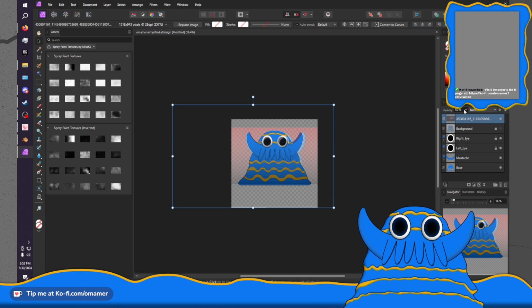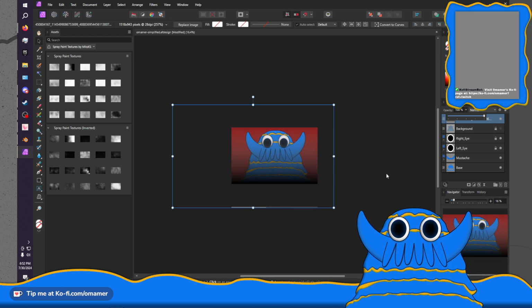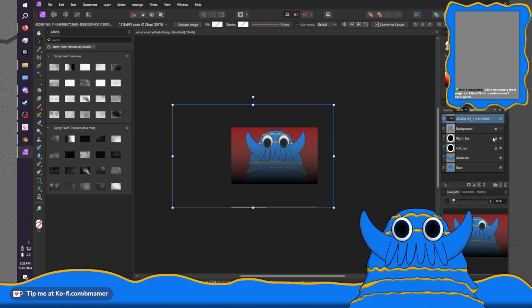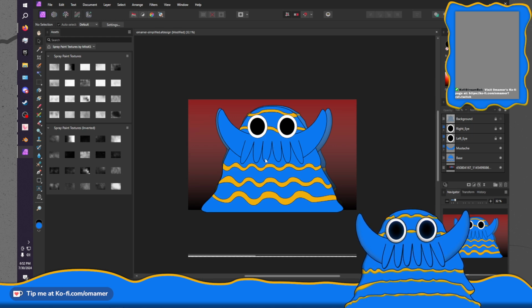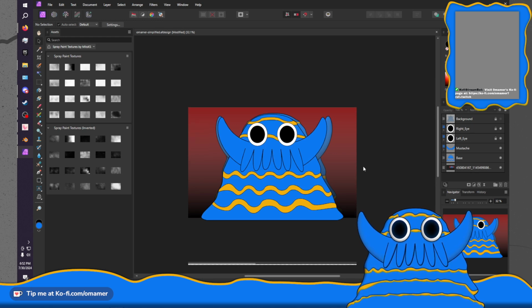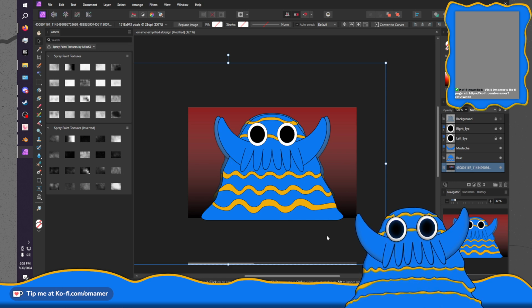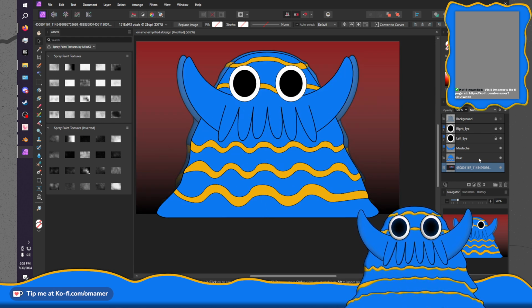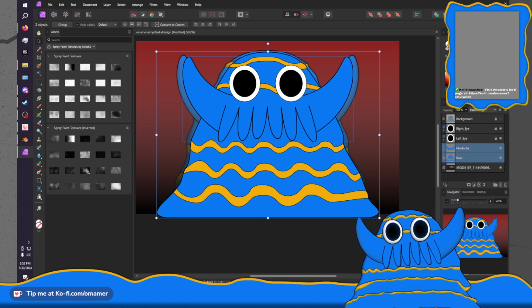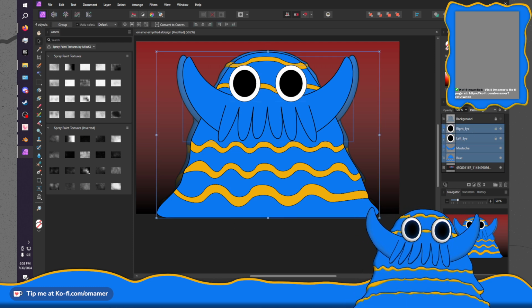Kind of this body shape here. Okay, now that you're in place, let's put you behind. Maybe center it a little better. There we go.